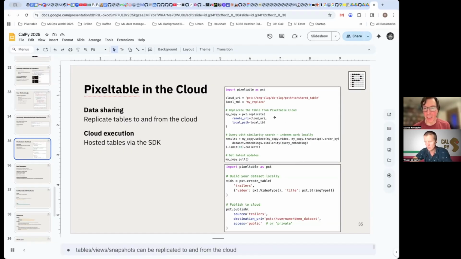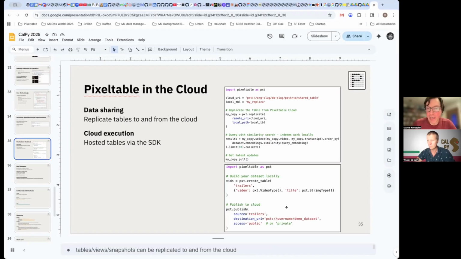So here we have a table that is under this particular URI. We're creating a copy of that table that lives in the cloud, and that copy then functions like a regular local table. Let's look at the example here at the bottom, which logically precedes it.